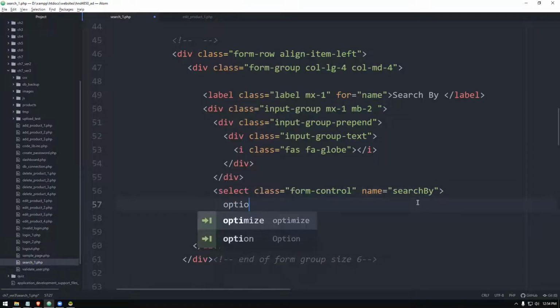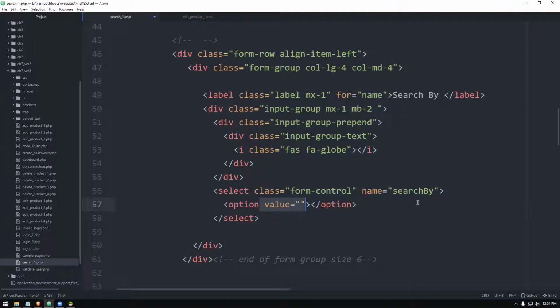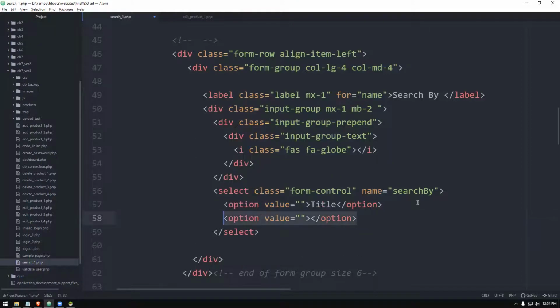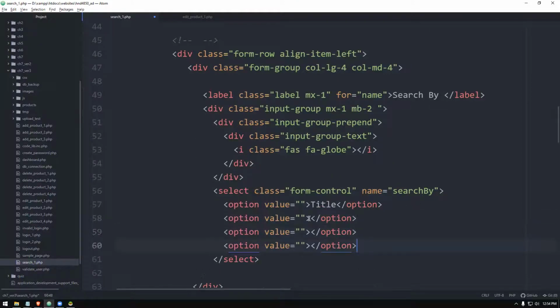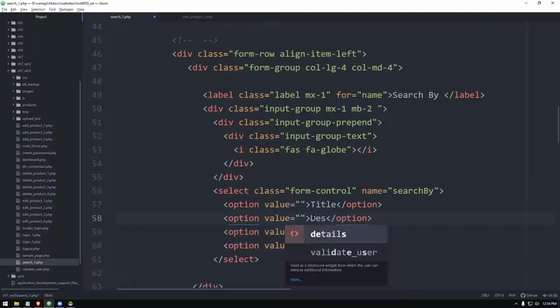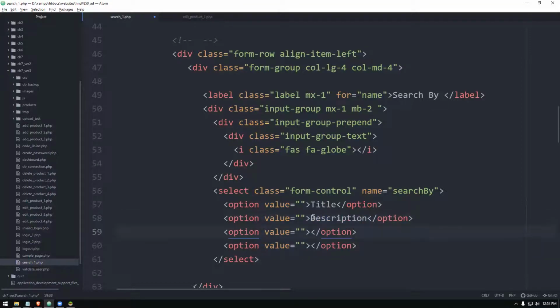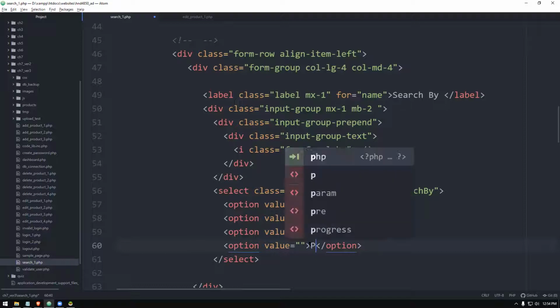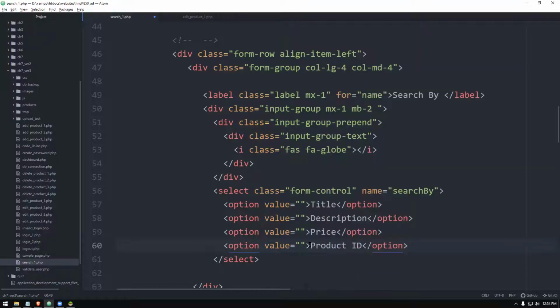Then we have to include the options. Of course, you can search by title, or by anything you like. Three options we will give: one search by title, one search by description, which will check if it is partially matching any of the descriptions, one for price, and finally product ID as well.